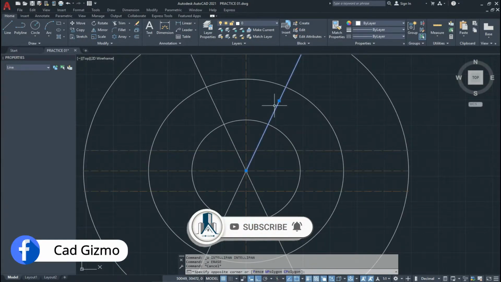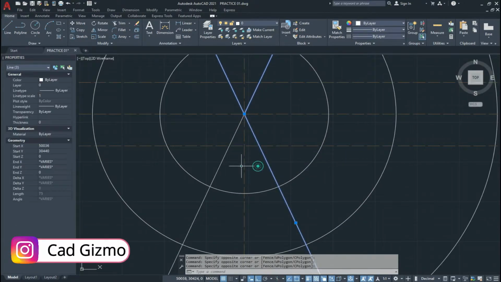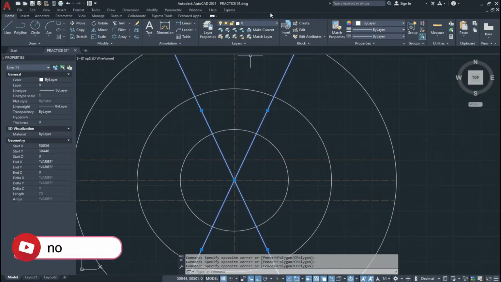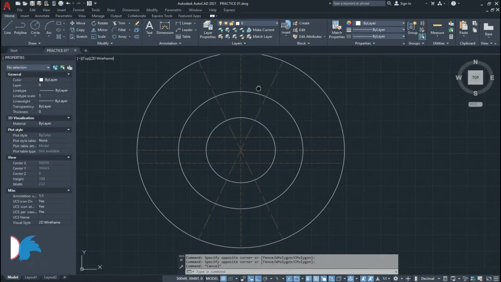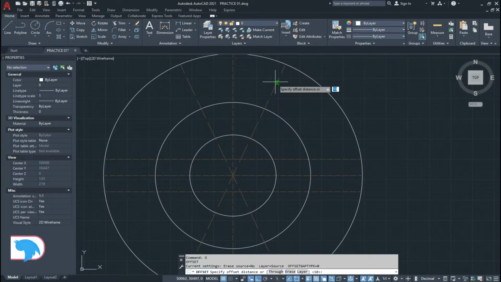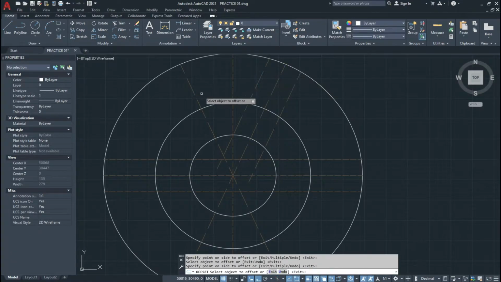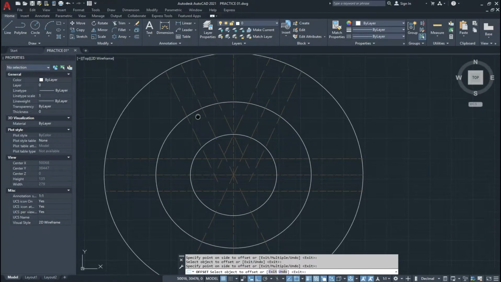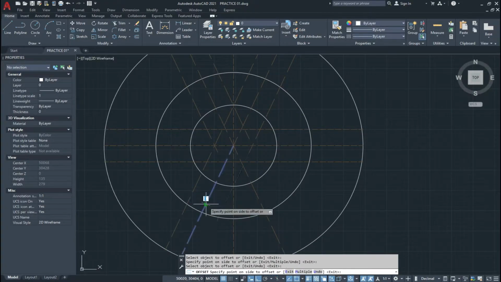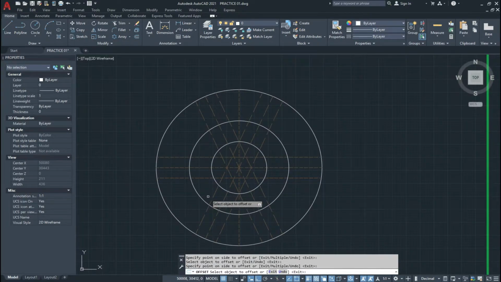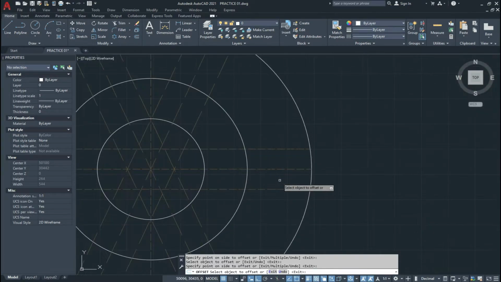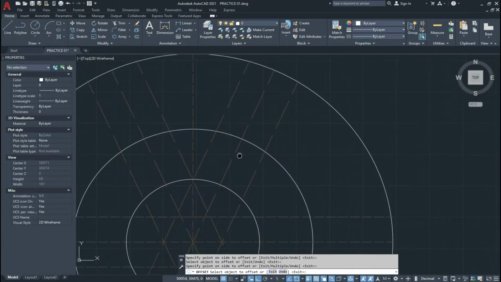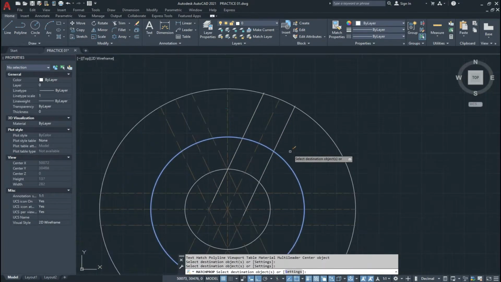Now we convert it into projection layer, and we make the offset 10 units like this. So first we make the properties like this,